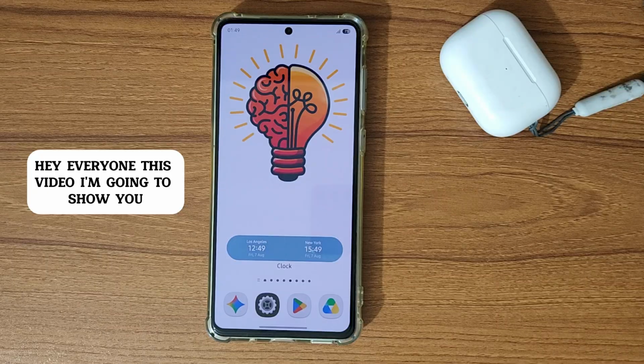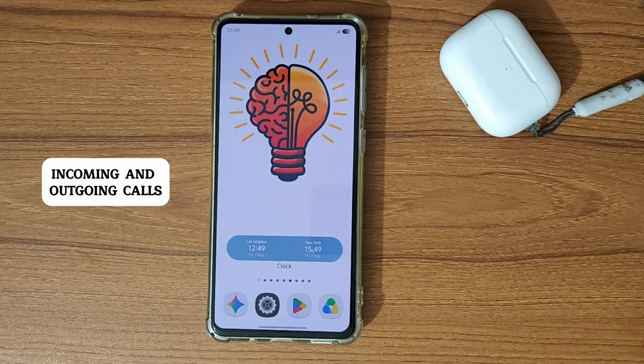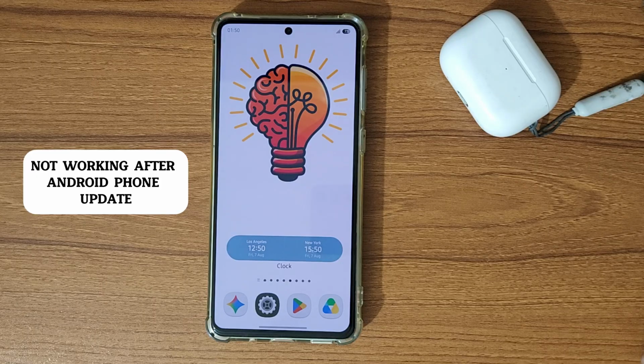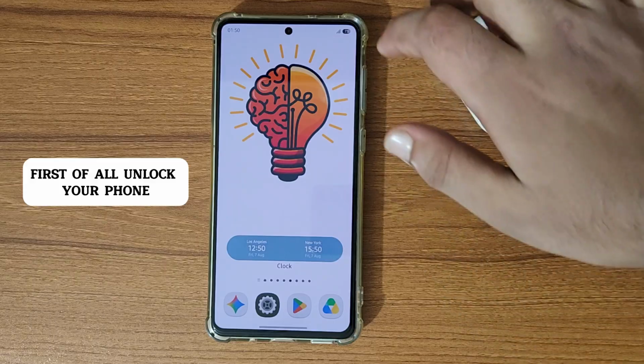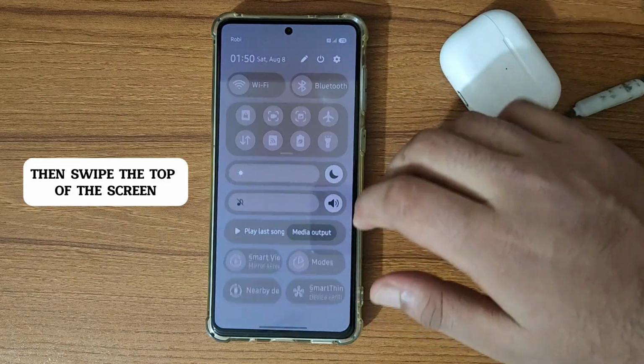Hey everyone, in this video I am going to show you how to fix incoming and outgoing calls not working after an Android phone update, the easy way. So let's get started. First of all, unlock your phone, then swipe from the top of the screen to open the